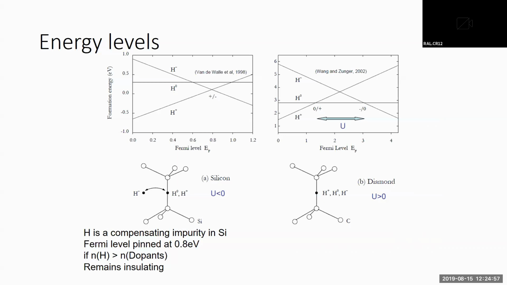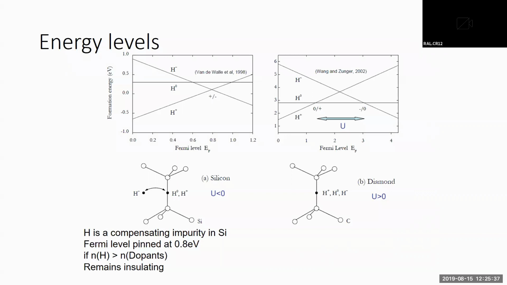In the low Fermi energy regime, corresponding to p-type semiconductors, it's the positively charged state that is favored. With the Fermi energy close to the conduction band level, n-type, it favors the negatively charged Mu minus site. For silicon, we find that the neutral site is always at a higher energy than one of the other two. So in fact, it's what is called a negative-U system. This neutral point will never be the equilibrium state in the material, but we can still measure it as a metastable state.